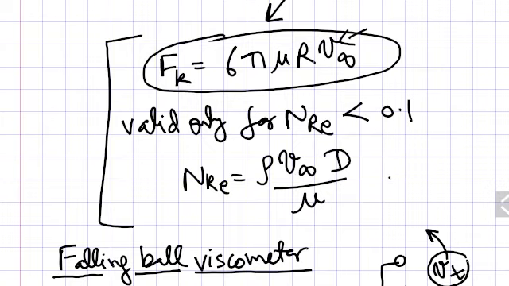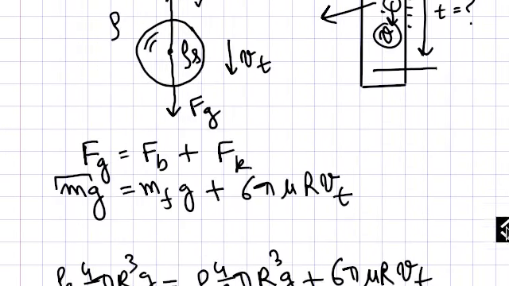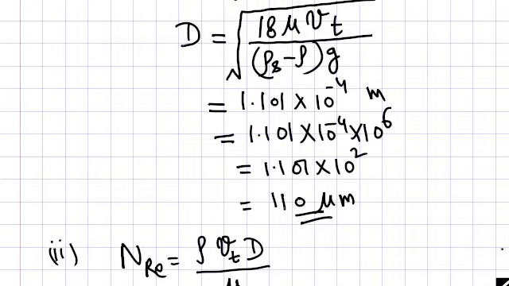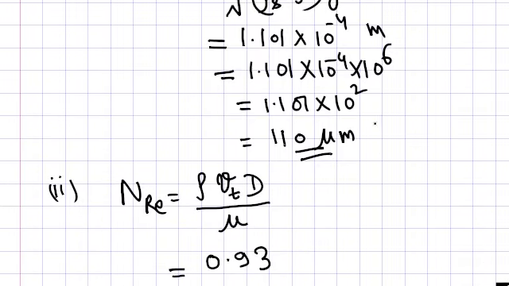Means we will not be able to give the exact value of the diameter, but approximately we can say. And actually we are interested in approximate values. Exact values are not necessary. So we can make a very rough estimate that 110 micrometer particles will be lost in our stack gas.